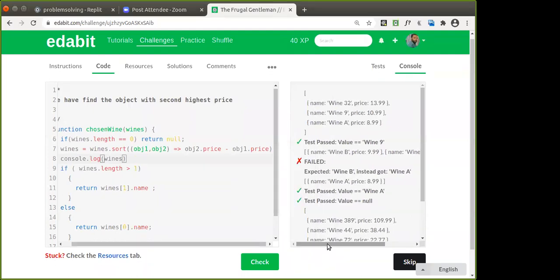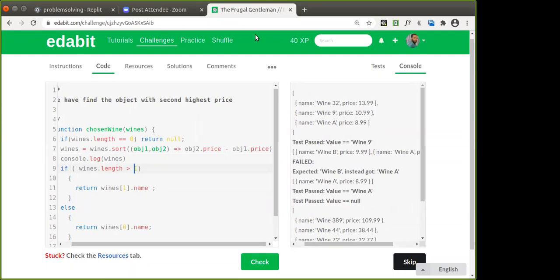So let's test this one. Test pass, value is equals to wine 9.